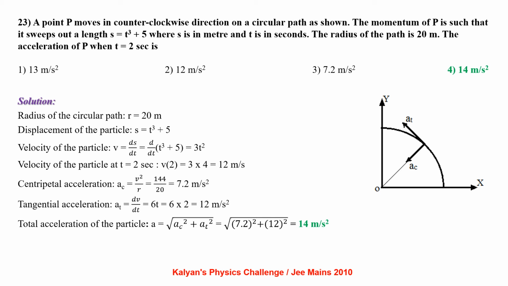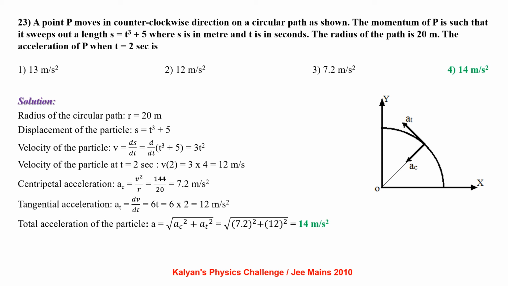Radius of the circular path r is 20 meter. Displacement of the particle is given by t cube plus 5. Let us find the velocity of the particle by differentiating the displacement equation. V equals ds by dt, that is d by dt of t cube plus 5, which comes out to be 3t square. Now velocity of the particle at t equals 2 seconds will be 12 meter per second. Coming to centripetal acceleration of the particle, ac equals v square by r, that comes out to be 7.2